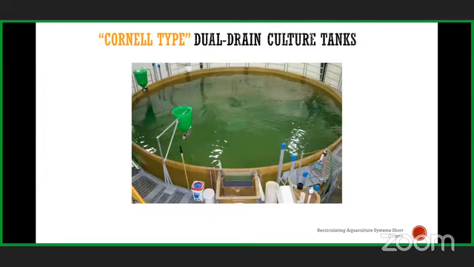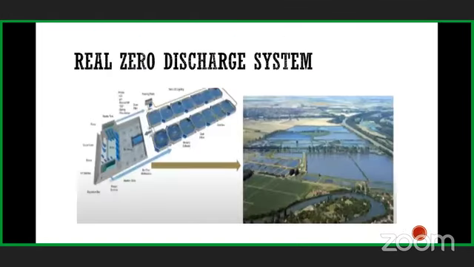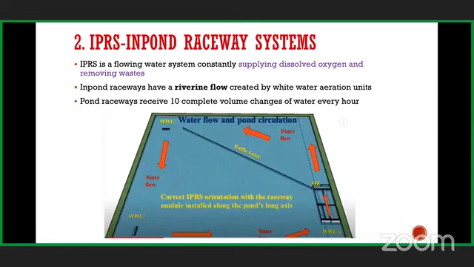Again, this is a very popular model, which is found mostly in temperate countries like the USA. Here you can see in the center, the waste is getting recycled. In the ground there is waste, and it is getting recirculated and added again. These are some examples. So let's finish. This was all about the RAS system, what is going on in the world, and what we can apply best in our